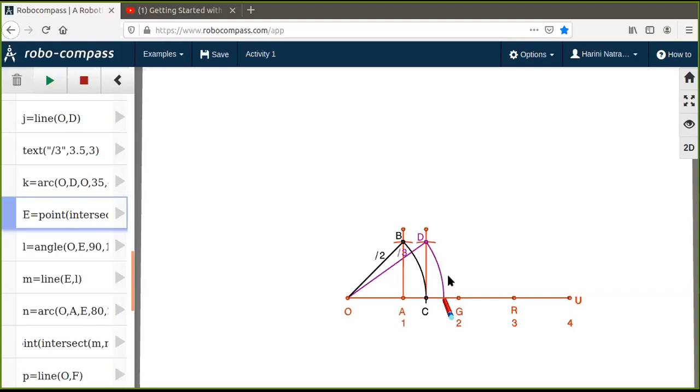Now again at E, if you construct a 90 degrees, you will get a right triangle with root 3 as one of its sides, and the other side we are deliberately taking as 1 unit. So root 3 square will be 3 plus 1, 4. So the hypotenuse of the next right triangle that you draw will be root 4. So like this you can go on and continue till you reach root 10.